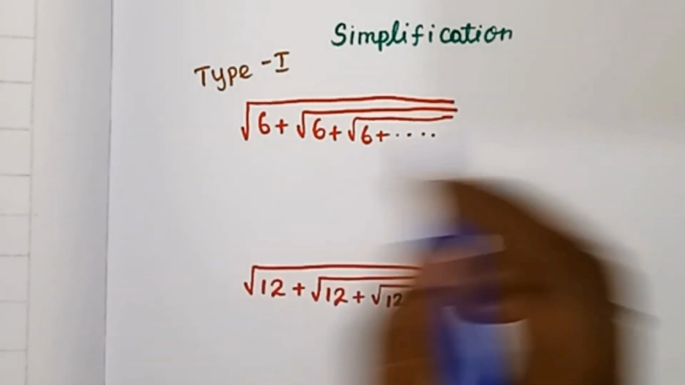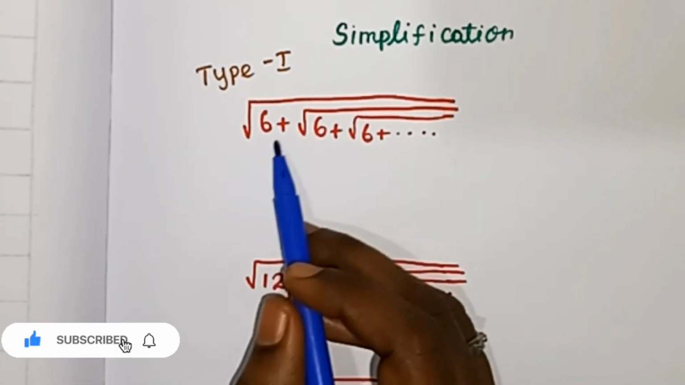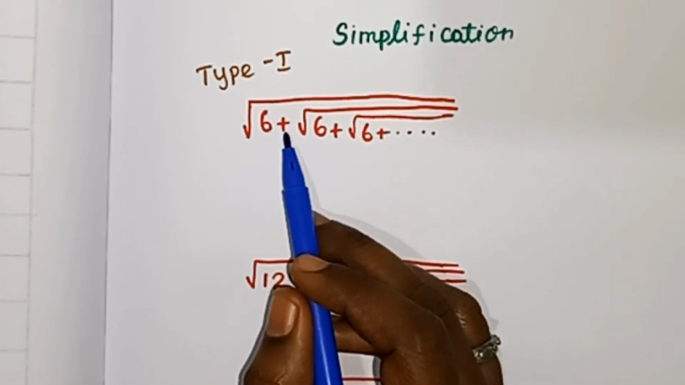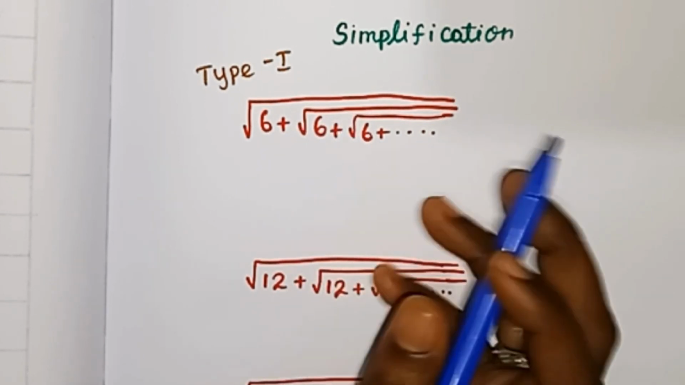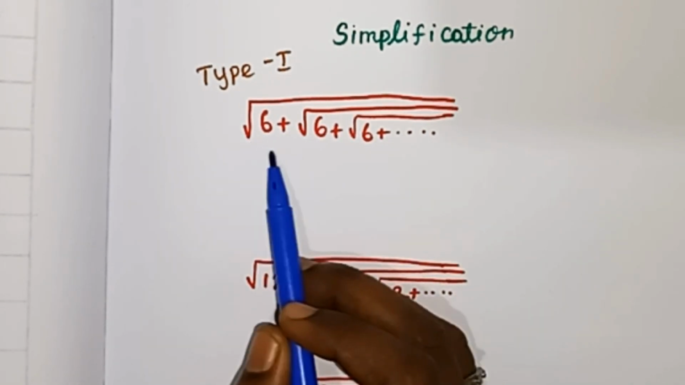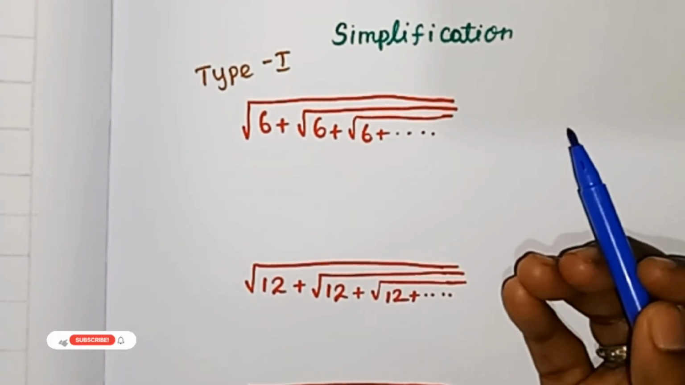Three types of simplification. First one is the root 6 plus type. Next one is minus, and then multiplication. Root 6 plus root 6 plus root 6 up to infinite means